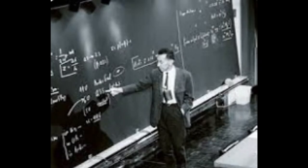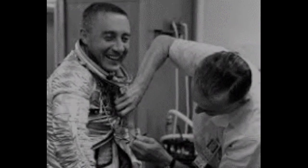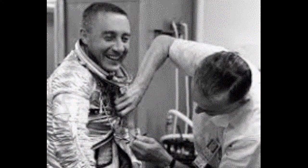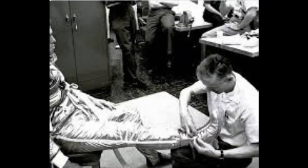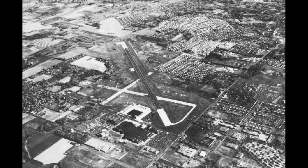While the nation marshaled its technical resources to meet the president's challenge, our early astronauts prepared for their missions by sharpening their minds and pushing their bodies to the limits of human endurance. Nowhere was this testing more grueling than at the human centrifuge at the Johnsville Naval Air Development Center, the NADC,